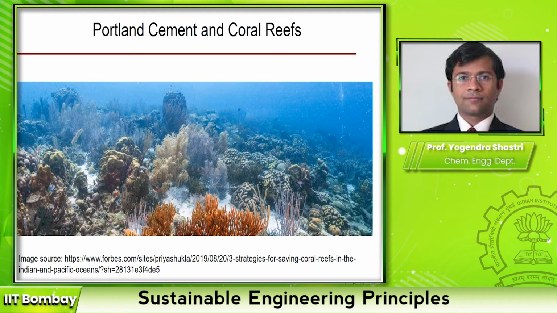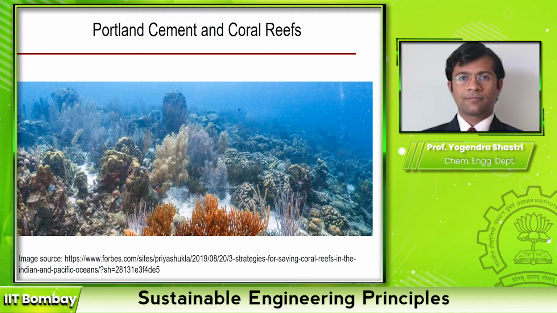The example from nature which is being investigated to solve this problem is that of coral reefs. Coral reefs are at the bottom of the sea, on the seabed, and these are basically cement-like structures. But the interesting thing is that these structures are developed by using the CO2 that is there in seawater. CO2 from the atmosphere gets into seawater. So seawater will always have some carbon dioxide, and corals actually use that carbon dioxide to construct these cement-like structures.